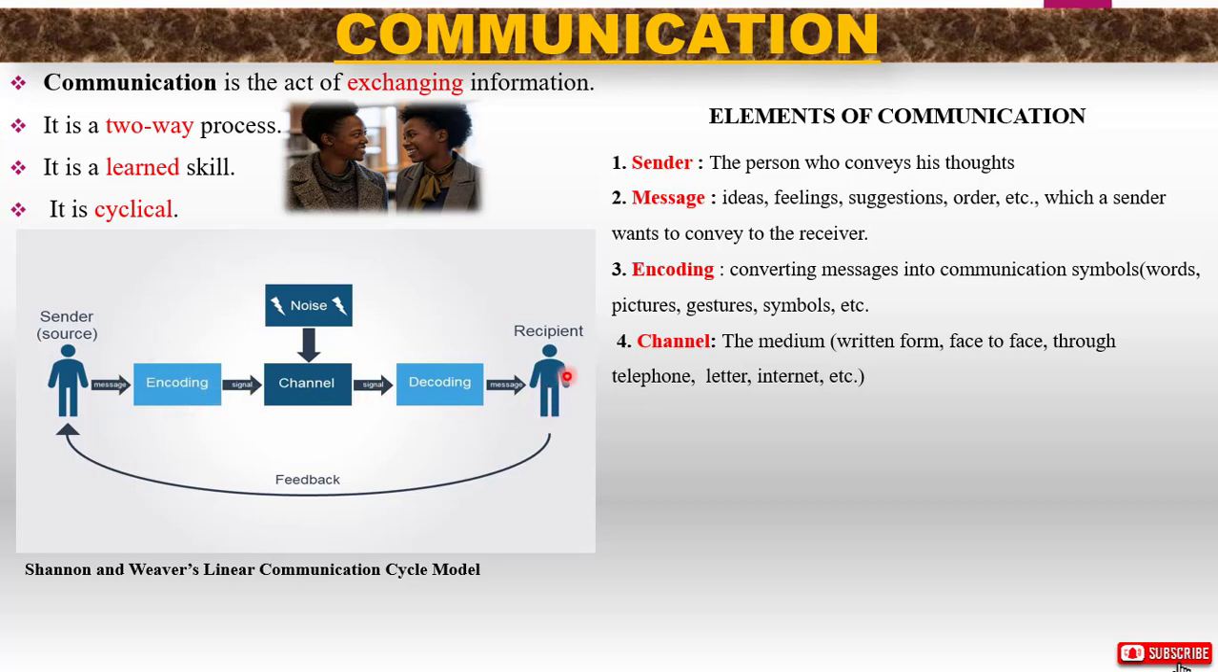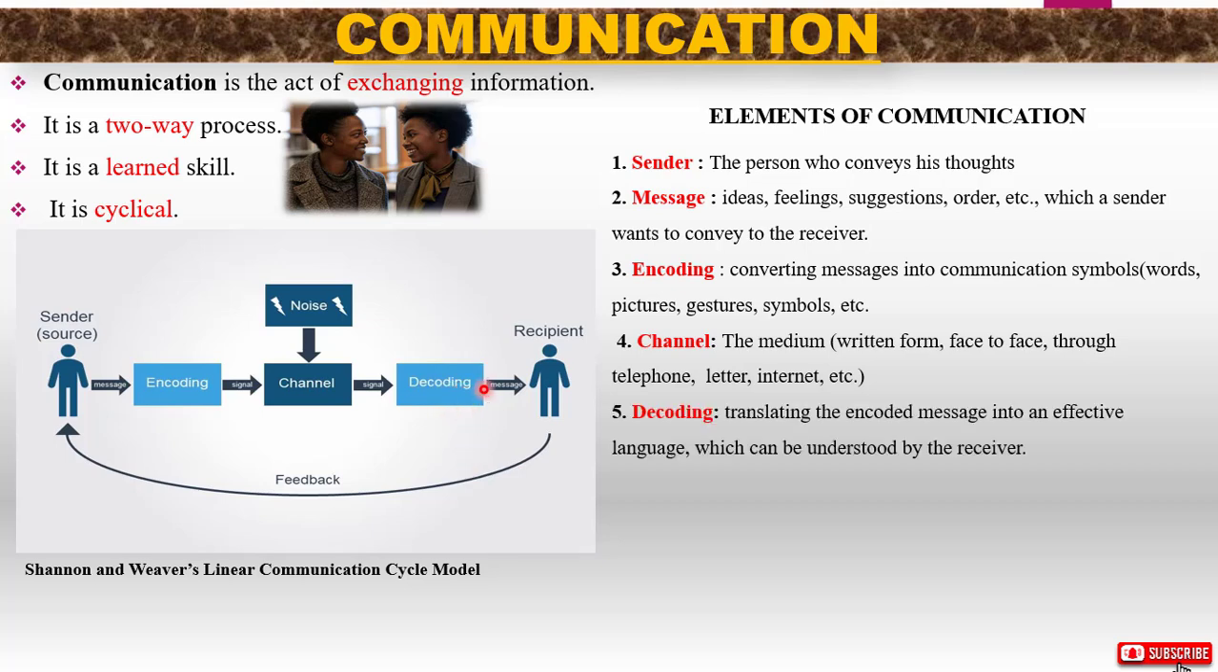Before the recipient or the receiver receives the encoded message, the receiver or the recipient must do something, and that is the next element. The recipient must decode. What is the meaning of decoding? This means that the receiver is going to translate the encoded message into an effective language which can be understood by him. So, in order to understand the encoded message of this particular sender, the receiver must also decode the